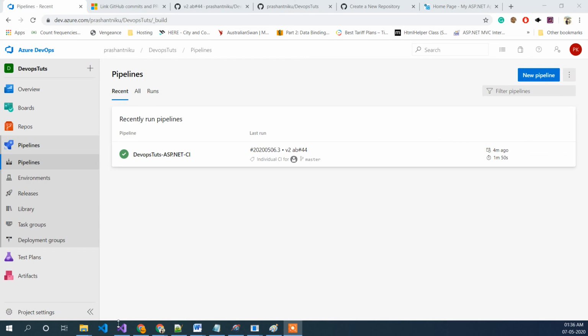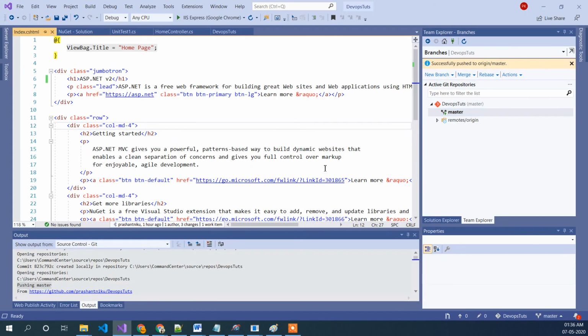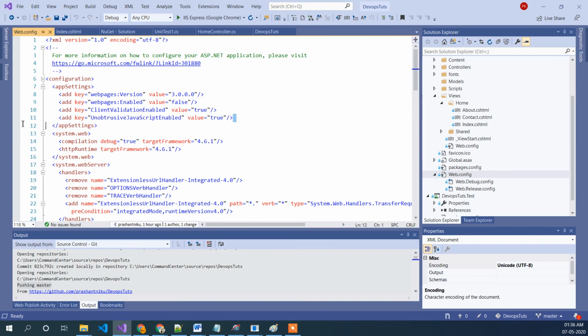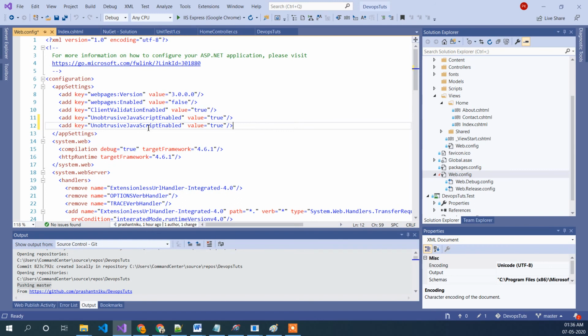Now what we will try to do is a very common scenario: we have a web config, right? We will be adding a key in it, something like URL, and the same inside the web.release, and then we try to replace it according to the environment we have while building inside the pipeline.